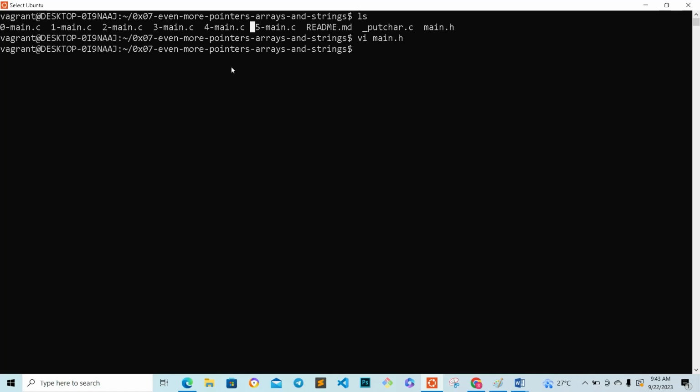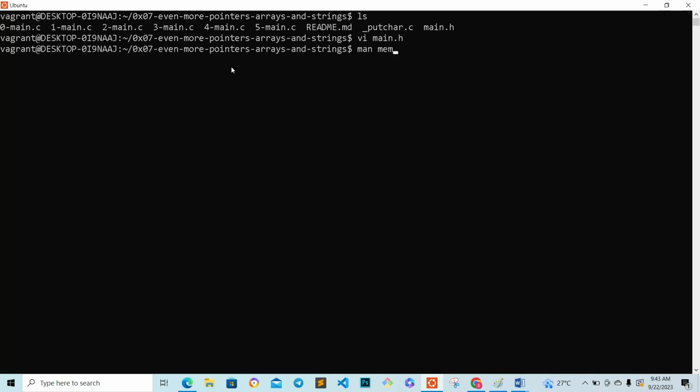Question 1, or tag 0. Sorry. It says write a function that fills memory with a constant byte. The memset function fills the first n bytes of the memory area pointed to by s with the constant byte b. Return a pointer to the memory area, and the standard library provides a similar function, which is the memset function. So if you do man memset, you should be able to see the